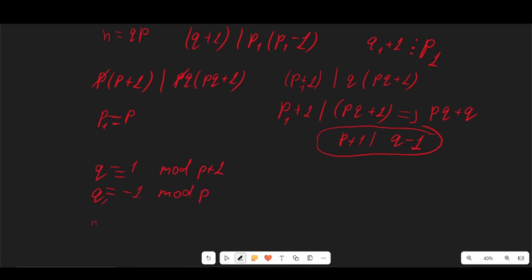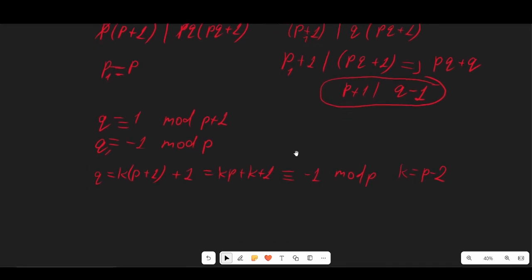So we can consider q as k times p plus 1, plus 1. So this is kp plus k plus 1. And this number must be negative 1 mod p. So we can see that k must be just p minus 2,